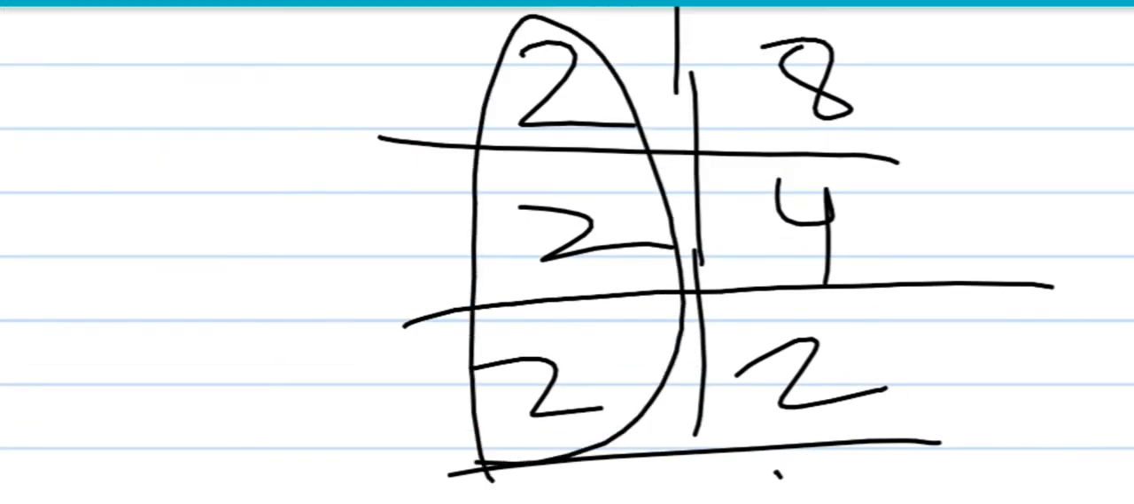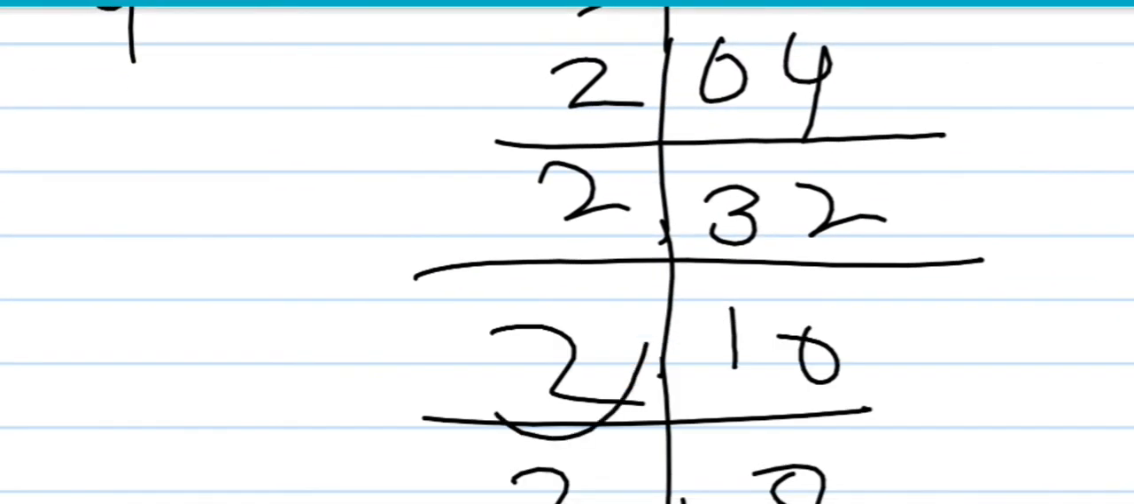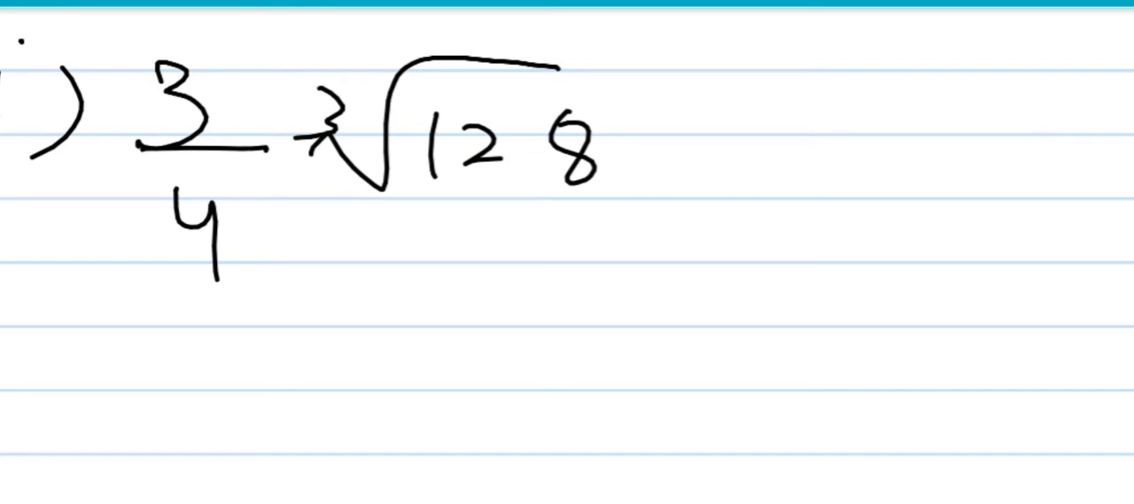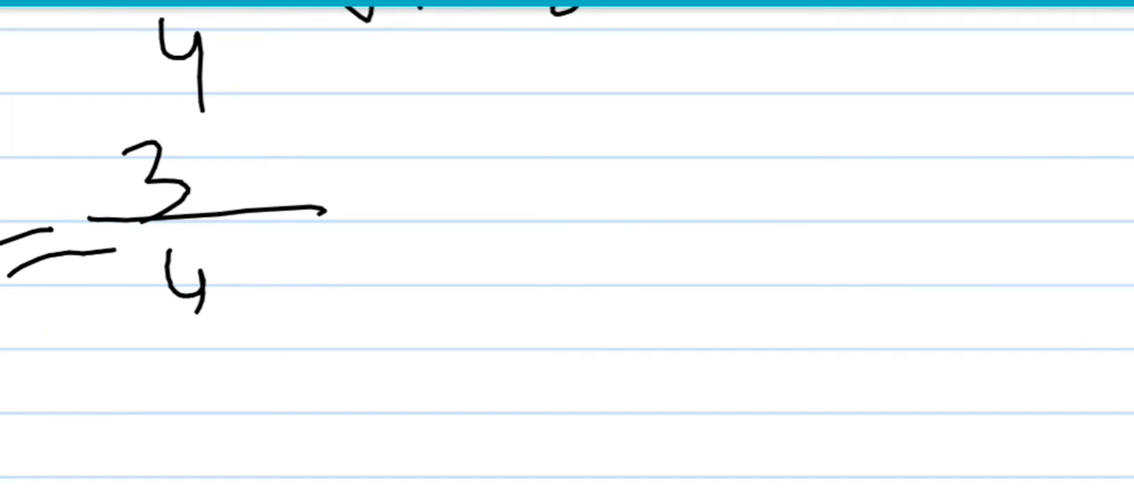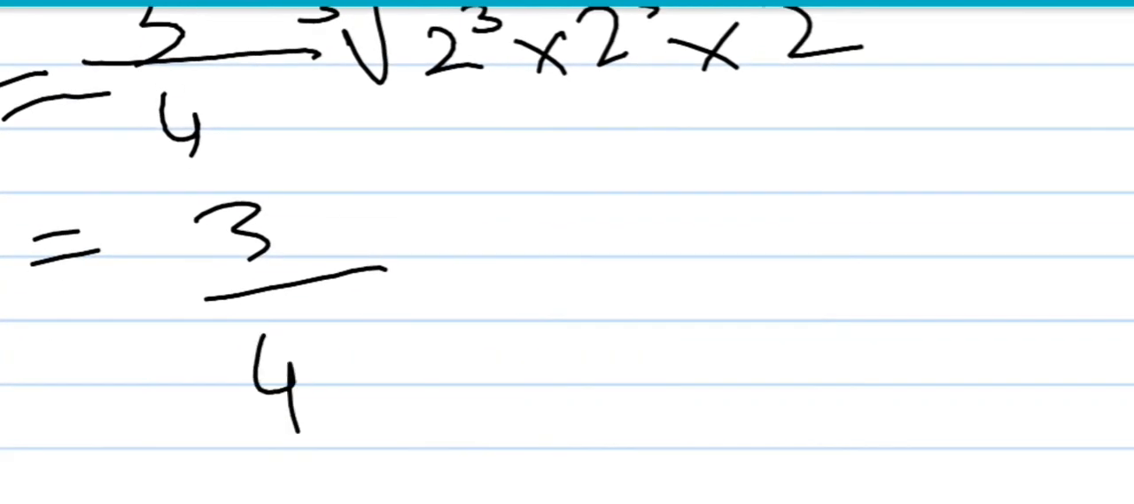These 3 will be taken as cube, and these 3 will be taken as cube. Okay, so now I'm writing it. Only putting the values, 3 divided by 4 is equal to cube root 2 cube multiply 2 cube multiply 2. Taking it separately, we get 3 divided by 4 is equal to